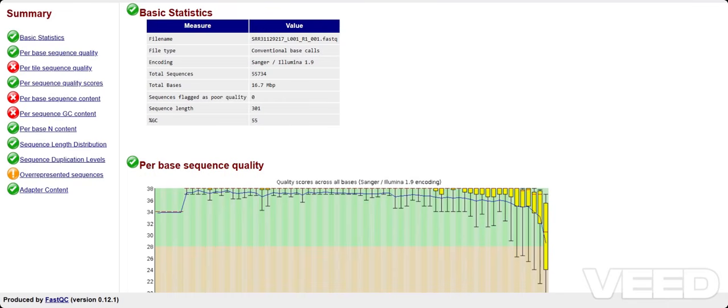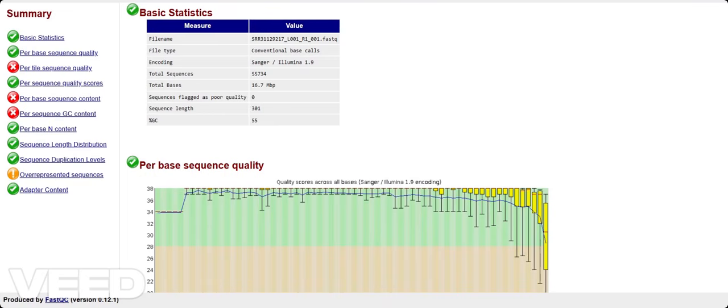On the left side, we can see the summary section. FastQC checks different quality parameters and gives us three types of results. Green means pass, yellow means warning, and red means fail. But remember one very important thing. A red result does not automatically mean that our entire sequencing data is useless. We need to open that particular module, understand why it failed, and then decide what action is required. So instead of simply looking at green, yellow, and red, we should understand what each graph is actually telling us.